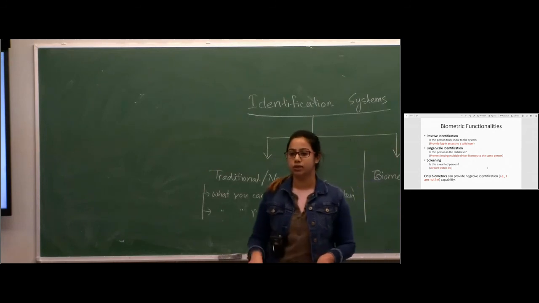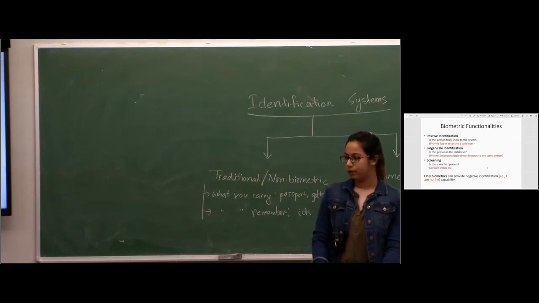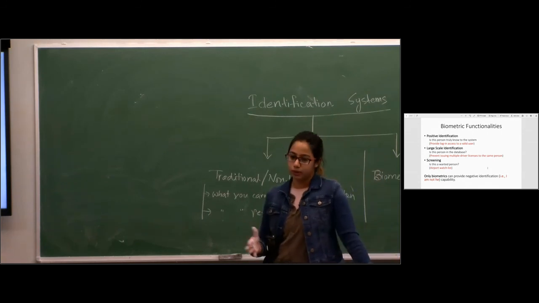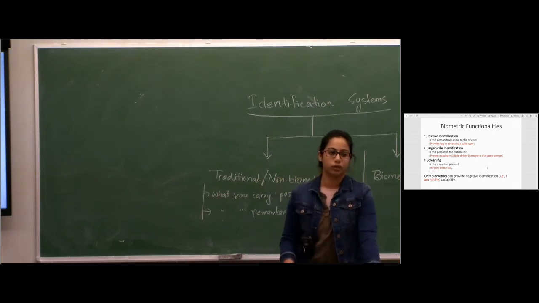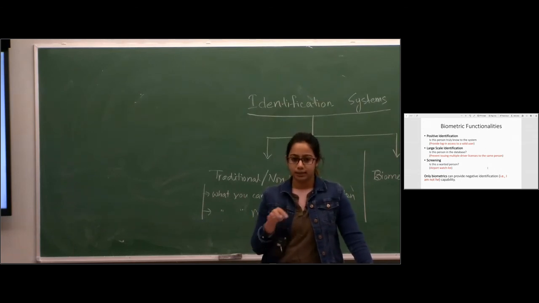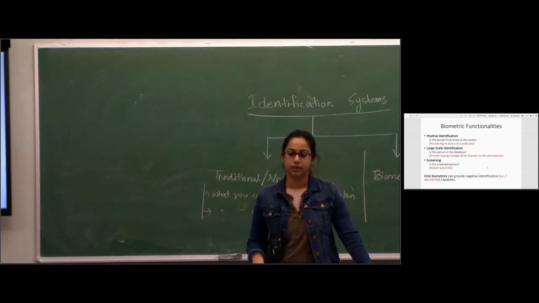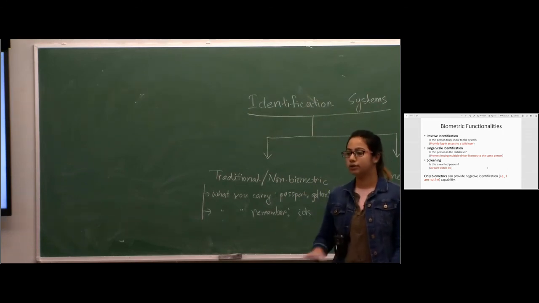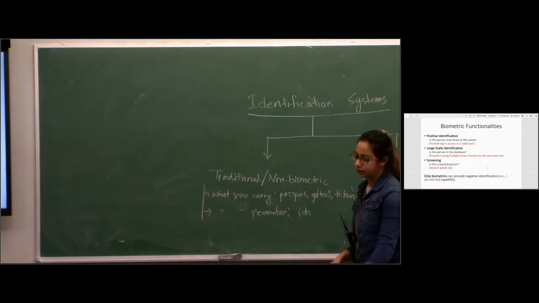But if you are using a biometric system, you are just giving either your fingerprint or your face to get the login access. Or just think about your regular cell phone, like the iPhone 8 or I think iPhone 10 or 11, where you have to give your face data. Whenever it gets the data, the system tries to understand whether it is the valid user who has been enrolled from the very first day. If this person's data matches the enrolled data, then the phone will allow you to use the system. If not, it will deny you, or say try again later. So that's how positive identification works.